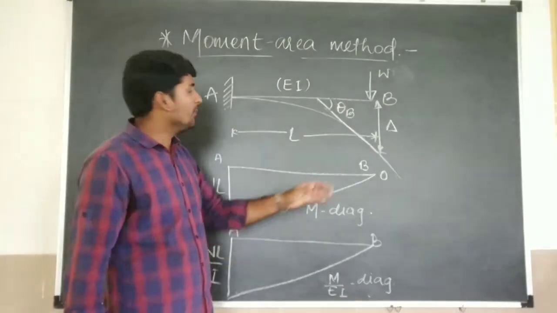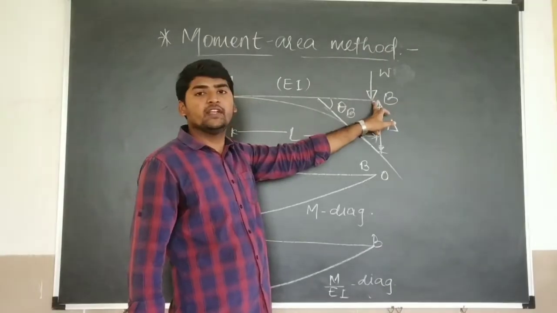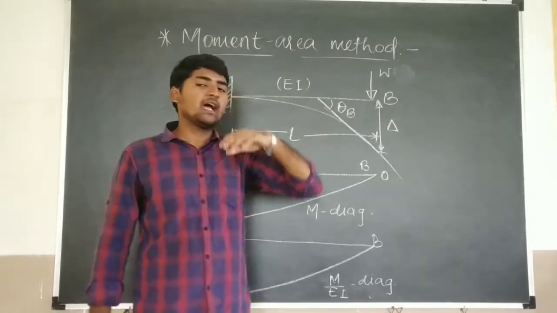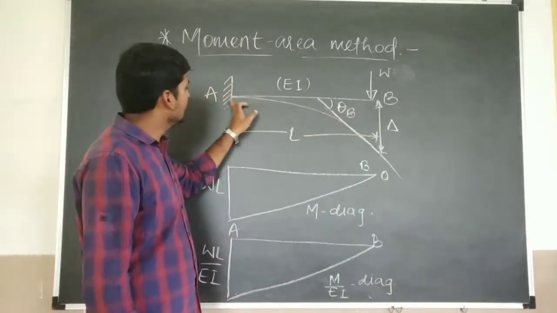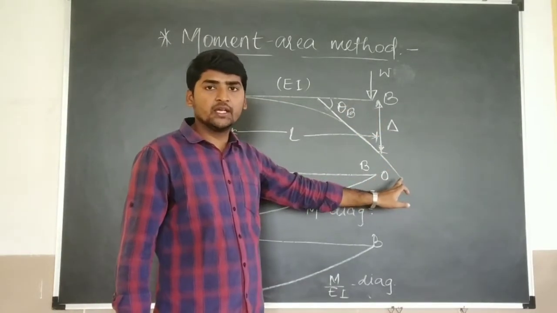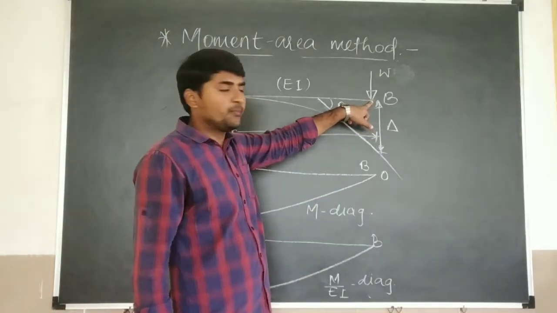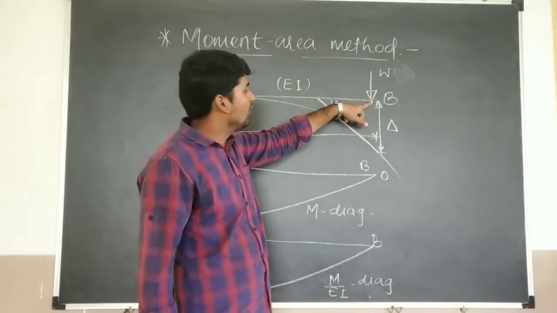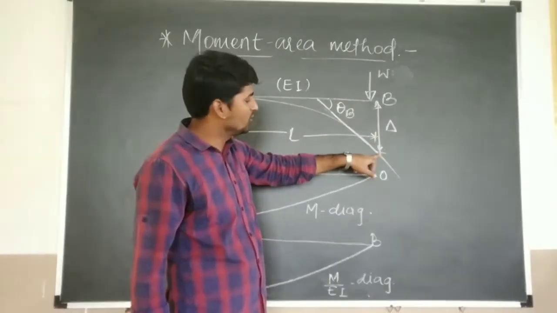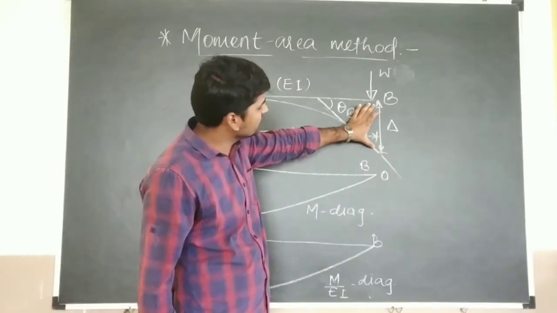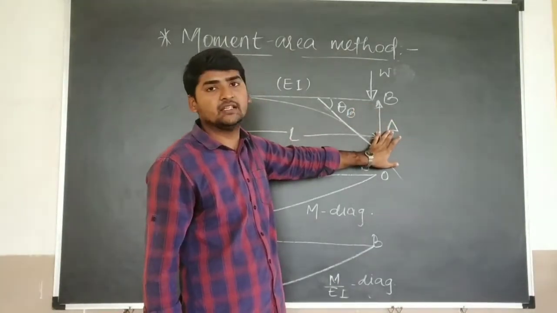And then I apply a point load at free end B. So when I apply the load on this beam, the beam will undergo some deformation. Here we can see that initially point B of the beam was here, and then it deflected and reaches up to here. This distance is nothing but the deflection, and we have to find out this deflection delta.